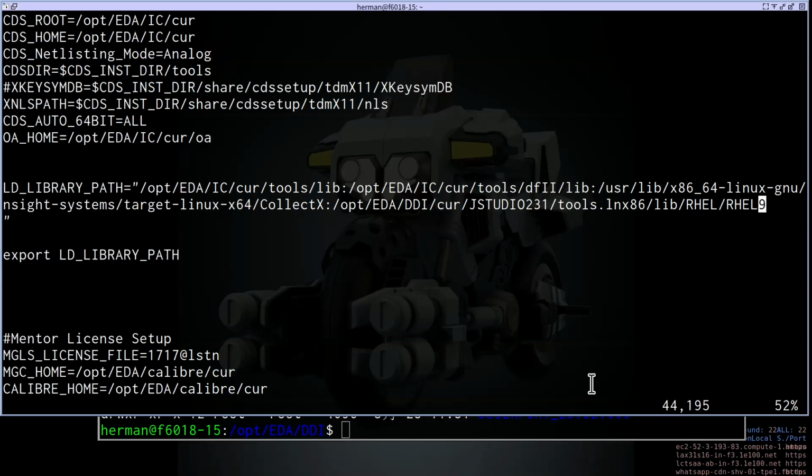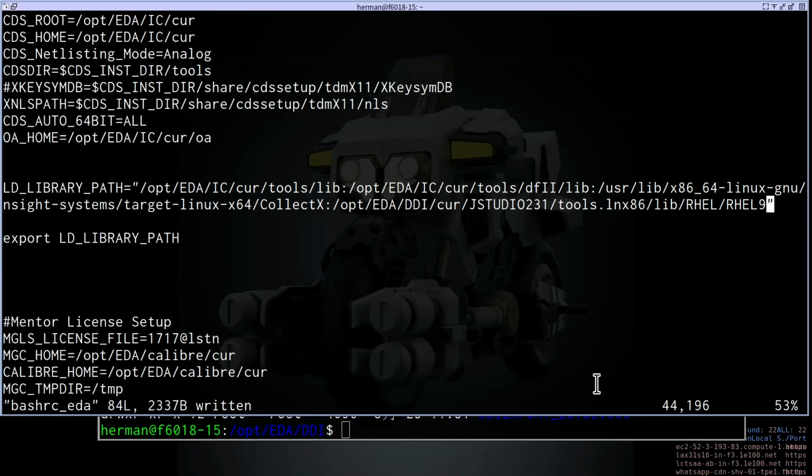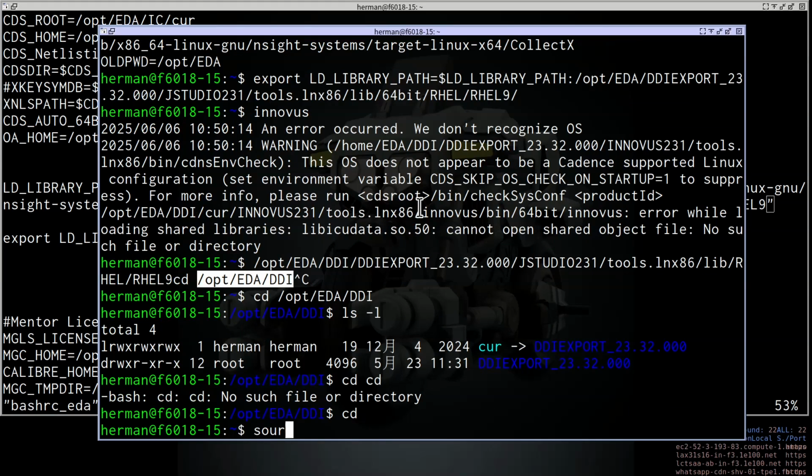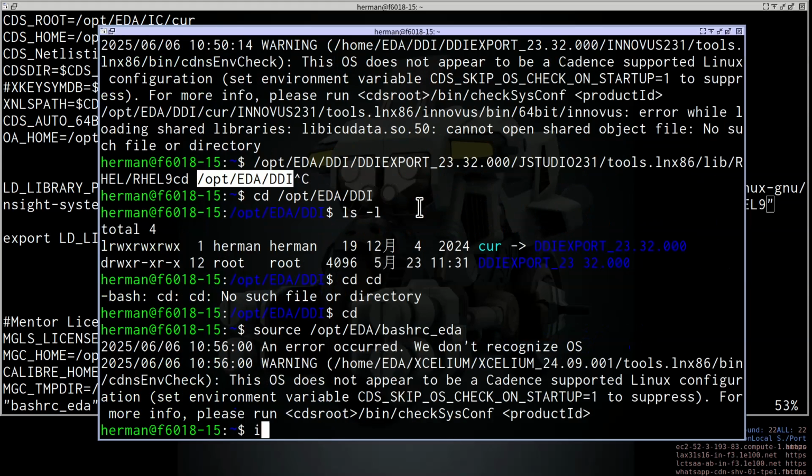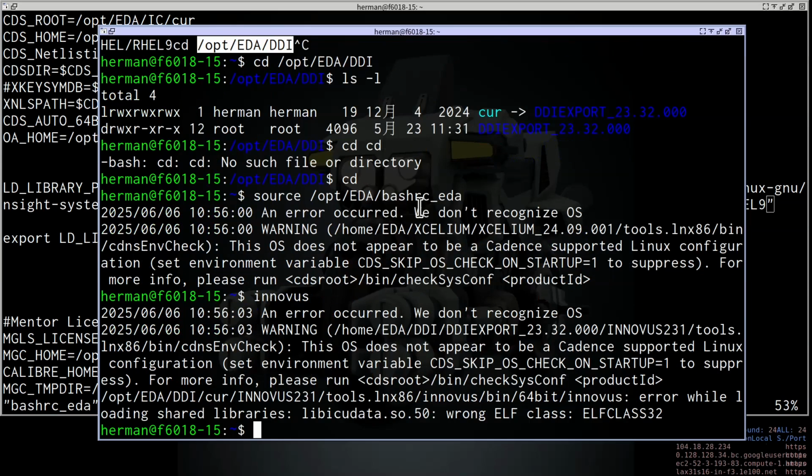Then, okay, we need to add one more line here. Then we can source opt eda -rc eda again. Then we can type innovus. Okay.